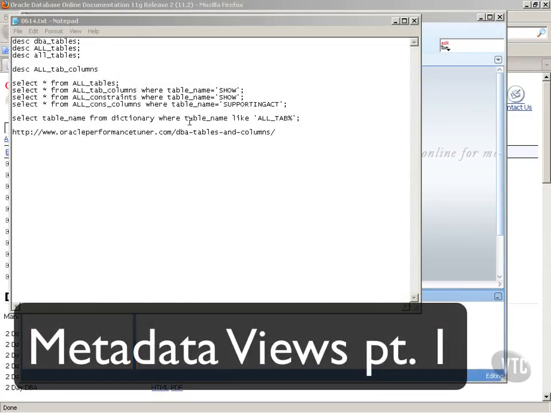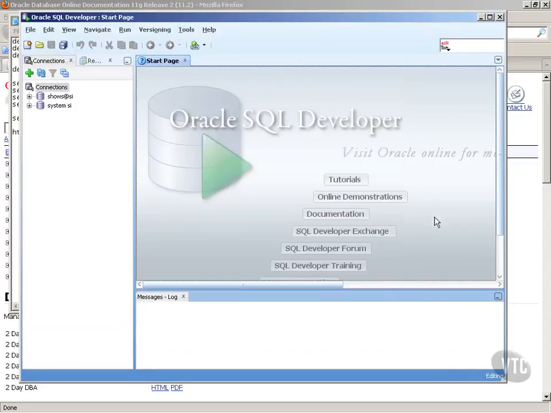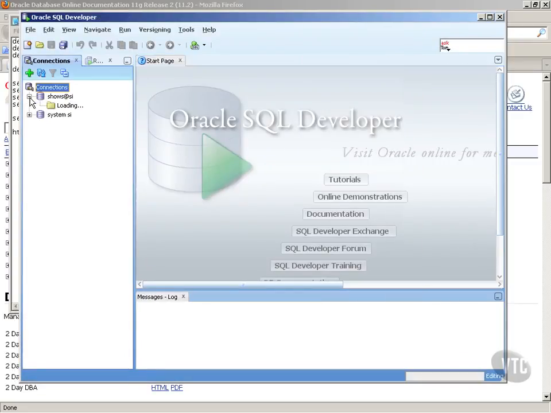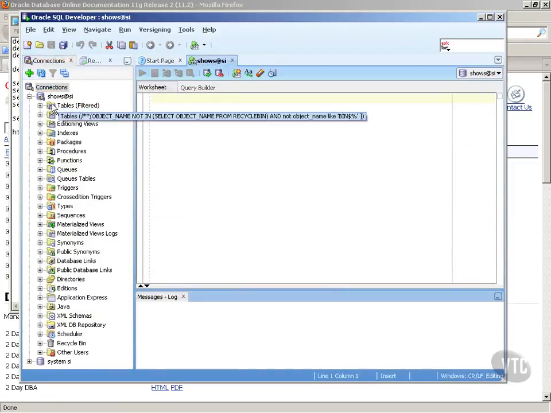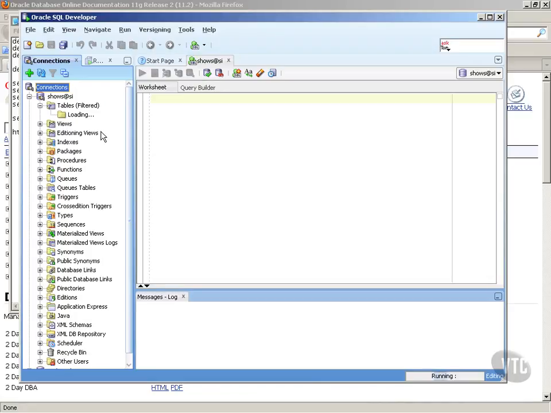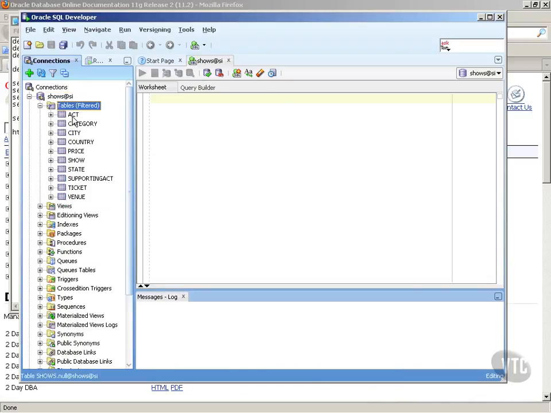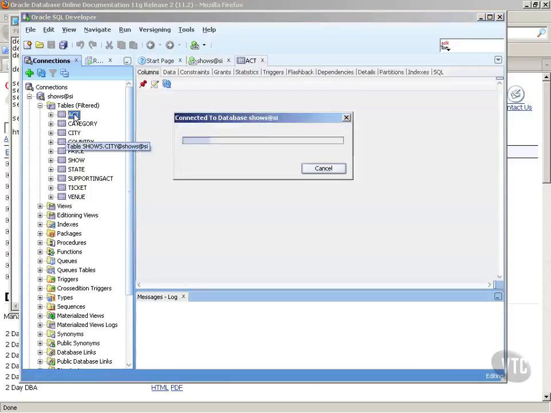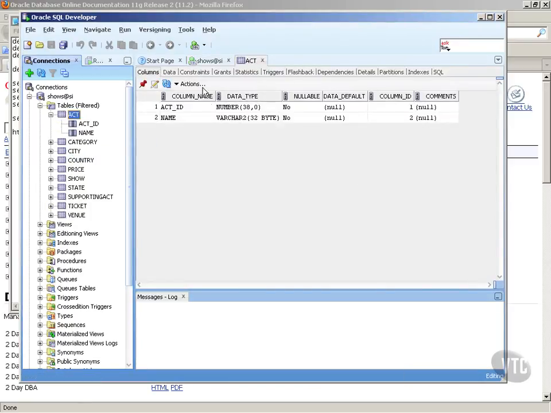The last thing I want to look at in this chapter is metadata. You may remember throughout this chapter we've been looking in SQL Developer, logging into the shows user, and looking at the tables inside the shows user, and then table by table, for instance, picked the ACT table. We've been looking at the contents, left click, double click on this table,